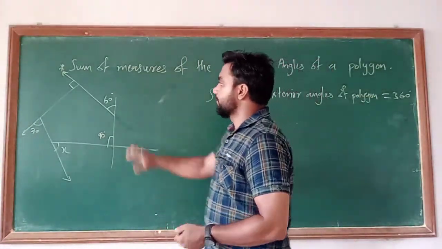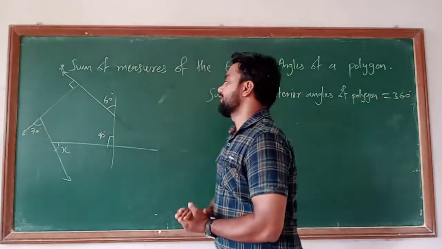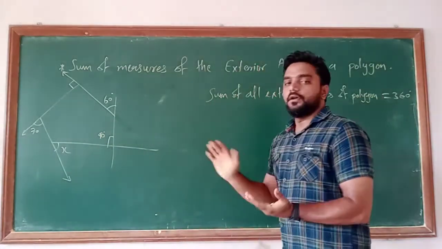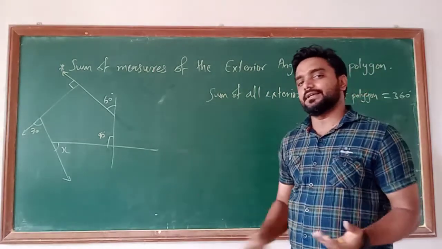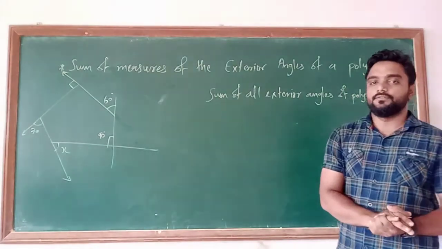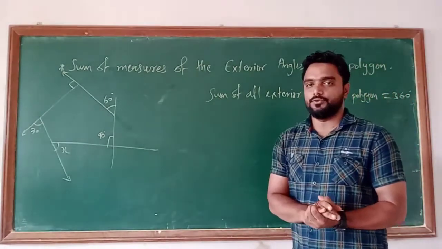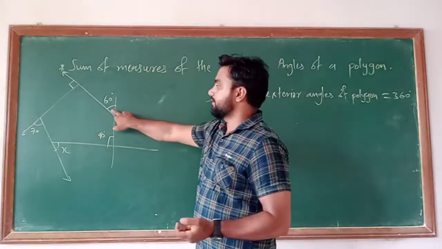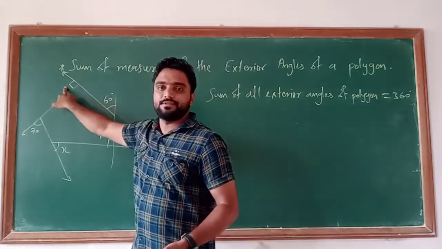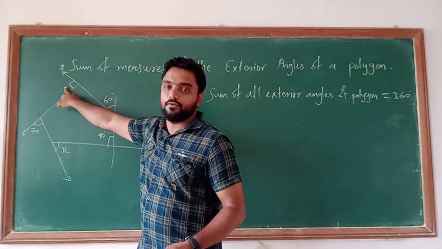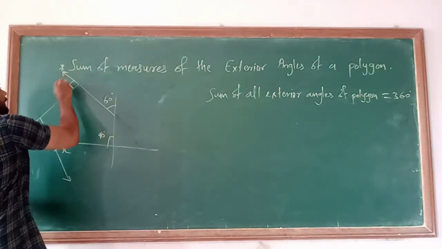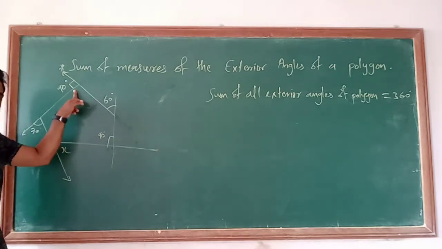Okay, so the second figure, it contains how many sides? 5 sides are there, so it is a pentagon. Okay, but we know that the summation of all the exterior angles is equal to how much? 360 degree. Now one by one we will check whether the exterior angles are given to you or not. Okay, first one, 60 degree outside the figure, so it is an exterior angle. Another one, this box given to you, that is called what? 90 degree. It is also an exterior angle.